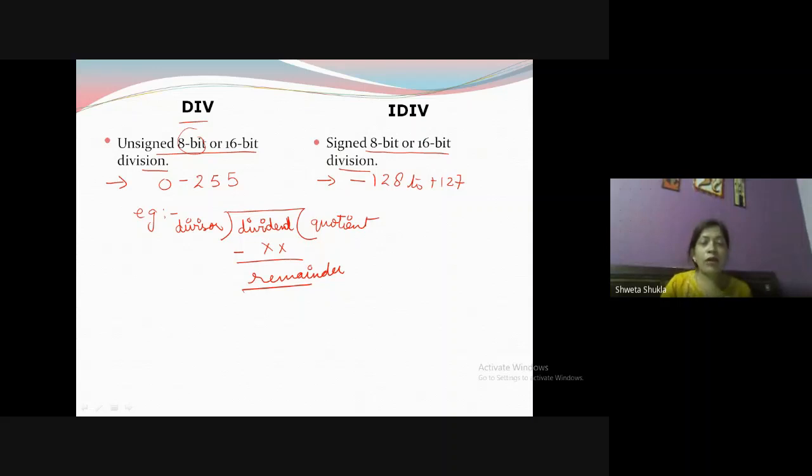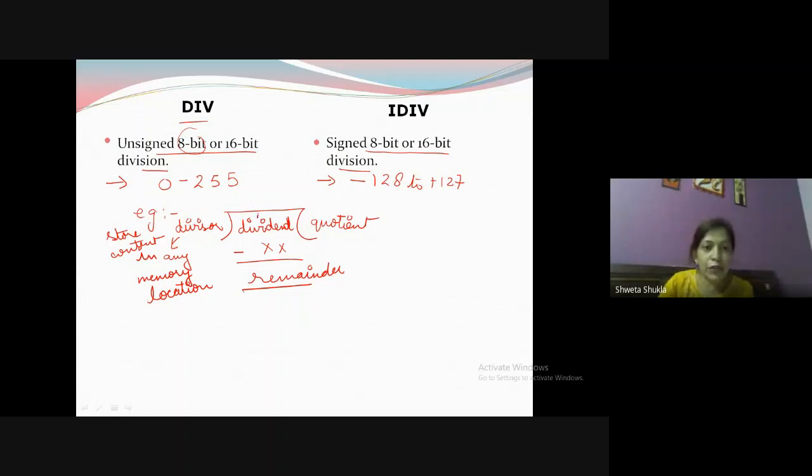Remember this thing. Now I just want to tell you one thing here: this divisor, you can store its content in any memory location. Just wait, in any memory location, because this is very important, and make sure you know where you are saving your data, okay? That means store the content in any memory location. This can be stored anywhere.